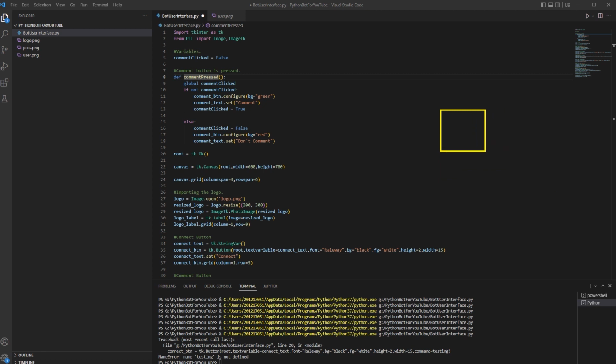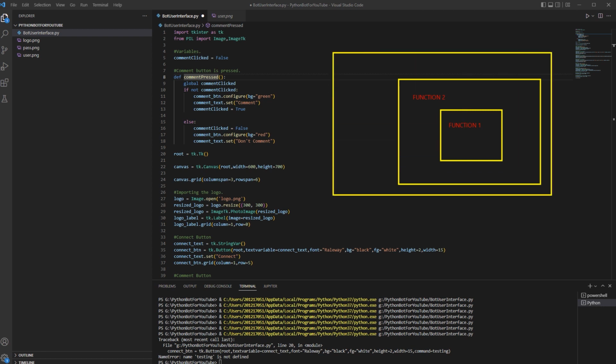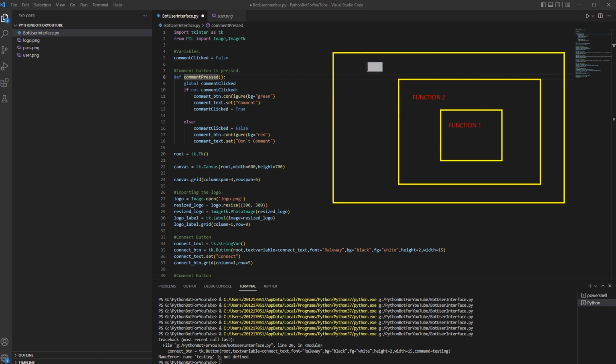Let's say that this is function number 1. Now, I can just type here function 1. This is going to be function 1. This here is going to be function 2. So let's use function 2. And this over here is going to be function 3. All of these functions have so-called local variables, meaning that